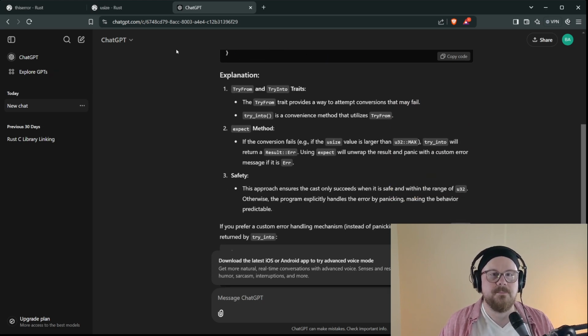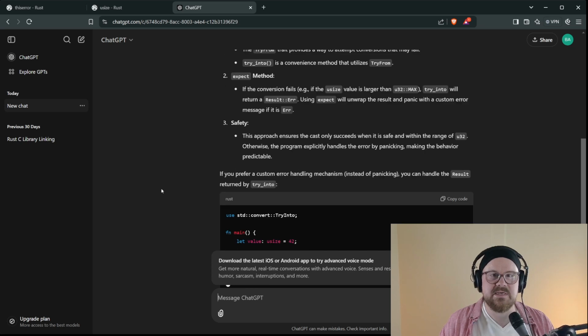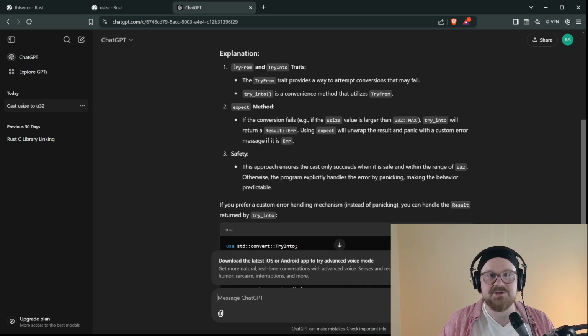All right. Well, I was going to look at the docs, but this is actually better than the docs because try into and try from are very generic traits. So if you just go look at them, their docs are going to be in very generic terms, but you can use these to cast from lots of different types. So I'm going to say, because I want to say dot into, so I can just say into, and this will panic if this doesn't work. And this is actually pretty nice. And I can just say into without specifying a type here because of,